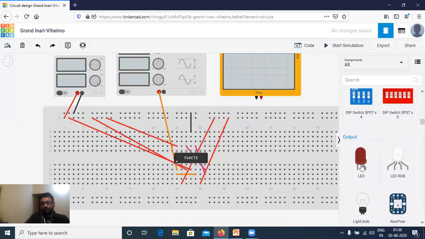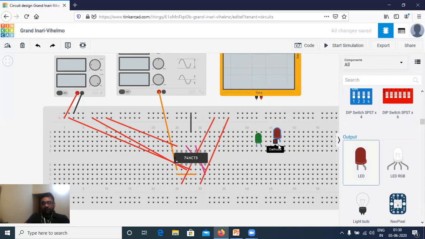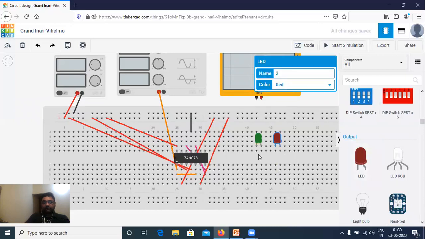So I'll take two LEDs. One is my red LED. So let's make it green, and another LED I'll take. Just let it be red.